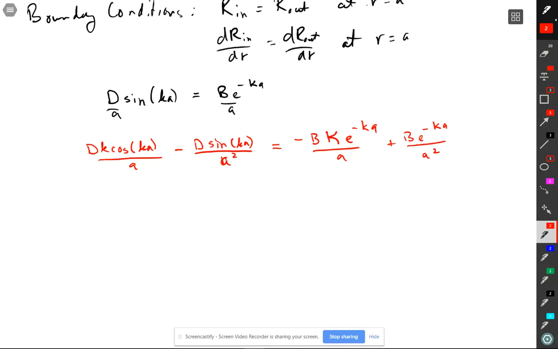And so we have two equations, and we have D, B, K, and kappa as unknowns here. So we're obviously not going to solve everything from these, but we'll see what we can solve. So what I'm going to do is just find B in terms of D. First thing to do is probably get rid of an A everywhere, and then replace D with